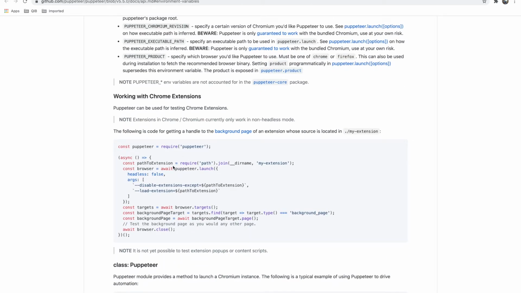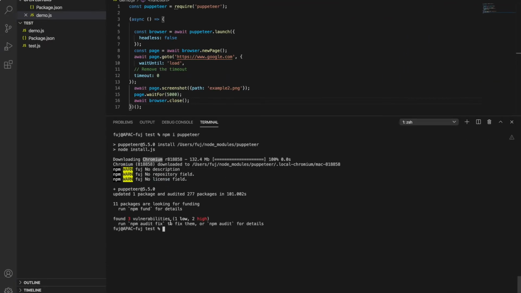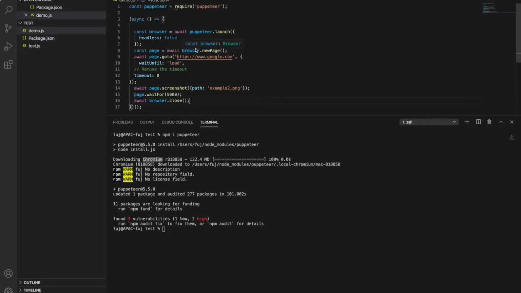So this is how the script looks. I have written my script as well, with Puppeteer now installed at the latest version. I have created one demo.js script and a package.json. The package.json is optional, but you can put that. To write demo.js you start with const Puppeteer equals require Puppeteer. So you are creating one object from Puppeteer, and you can use Puppeteer or Puppeteer Core.